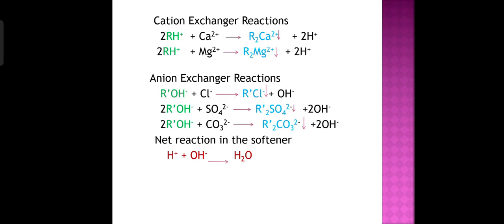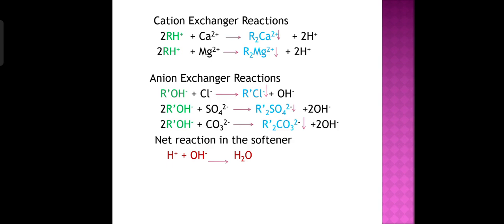The downward arrow shows that it is a precipitate, along with the release of 2 H plus ions. Similarly, the Mg2 plus are also trapped in the cation exchanger in the form of R2Mg2 plus, releasing 2 H plus